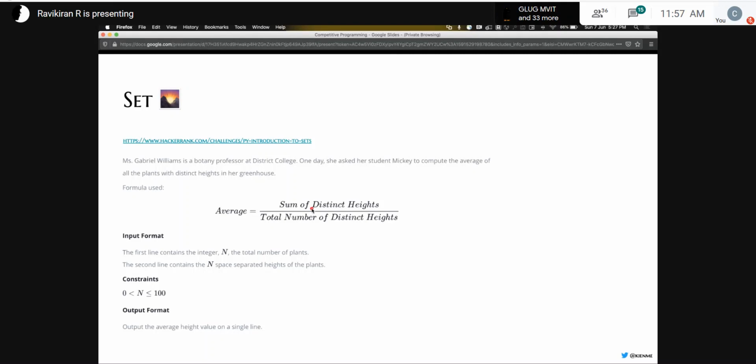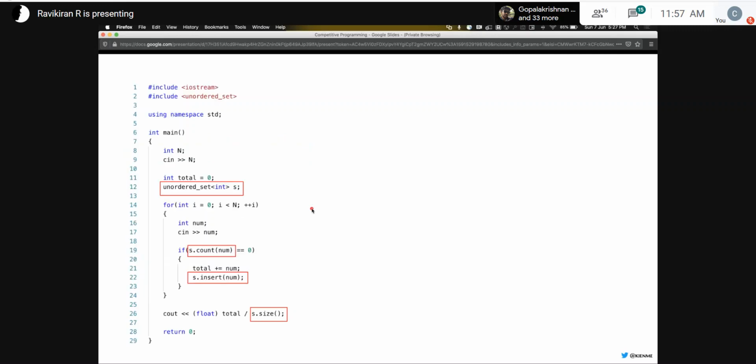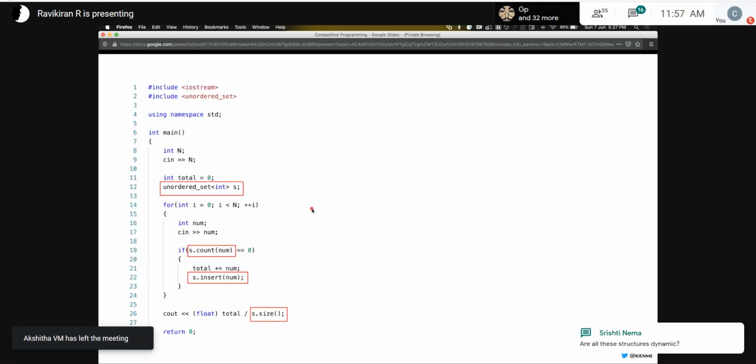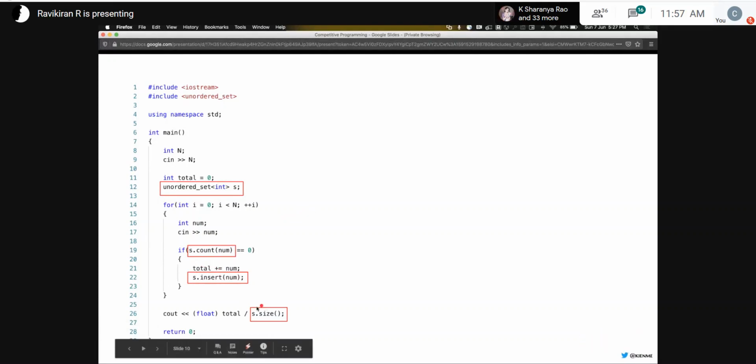Yeah, so the other way to do that is to sort and then remove the duplicates. The simpler way to do it is using a set. This will ensure you don't have any duplicates. And then you can also do one thing. Instead of doing total here, you can iterate through all the elements in the set and add them up also. This will save you some amount of time because you're just adding the total when you've not encountered it in your set.